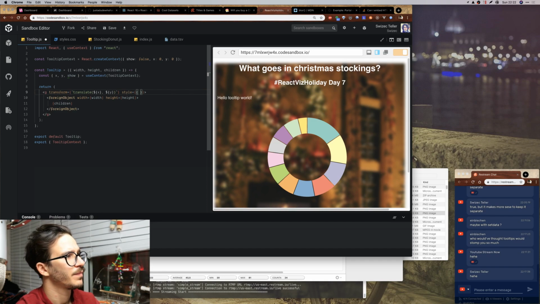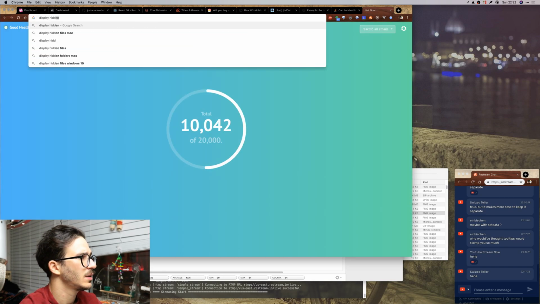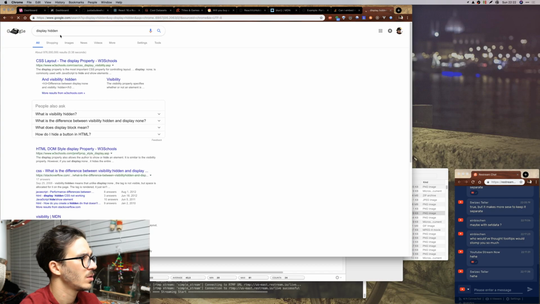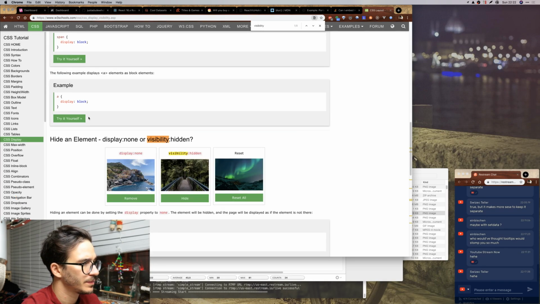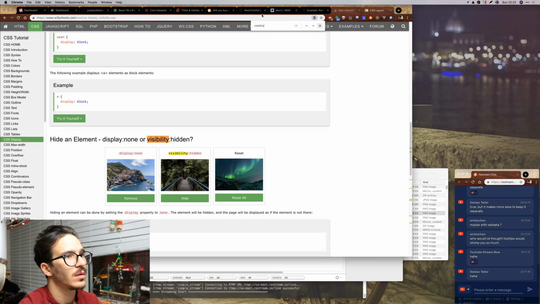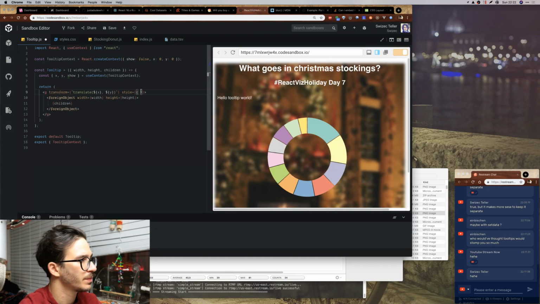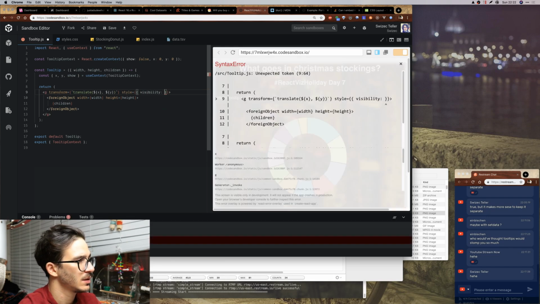Display hidden. The display property. Visibility hidden. Cool. So we say visibility is hidden